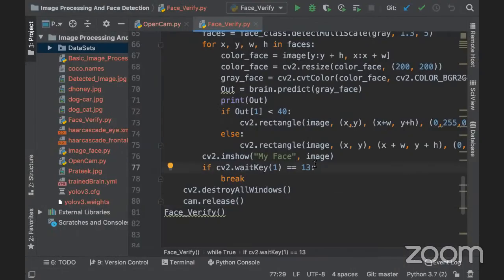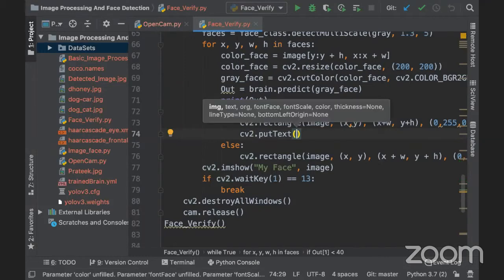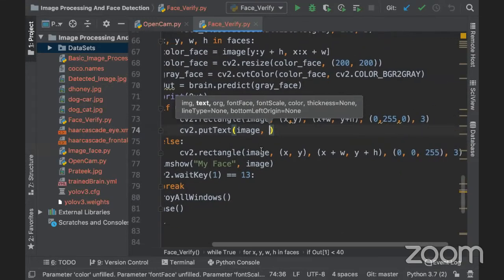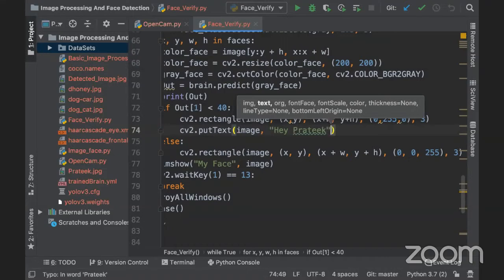If I want to print something, or if I want to just draw text, then how can we do it? cv2.putText. I want to put a text on my image. So this is my image where I want to put text. After that, what do we want to insert? Pratik. Like this is my text. I want to insert it on my image. So, hey Pratik, right? After that,